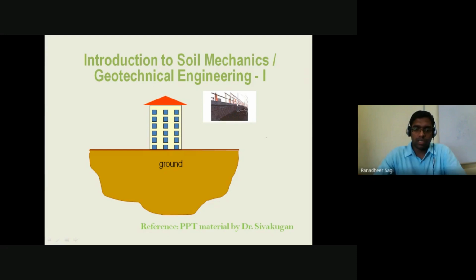So in this particular lecture, we are going to be focusing on what are the different contents that we are going to be covering in this particular course of soil mechanics, what are the references that we'll be following for this course, and a detailed insight into what is meant by soil mechanics, in which all applications of geotechnical engineering this soil mechanics plays a role in understanding how the behavior of that structure is going to be. Okay, and what are the different problems where we encounter some challenges, or what are the different problems as a geotechnical engineer that we come across with, is what we'll be trying to touch upon in this particular lecture, in today's lecture.